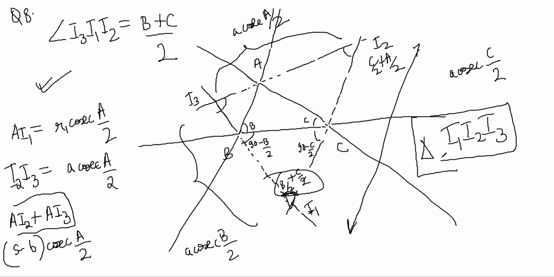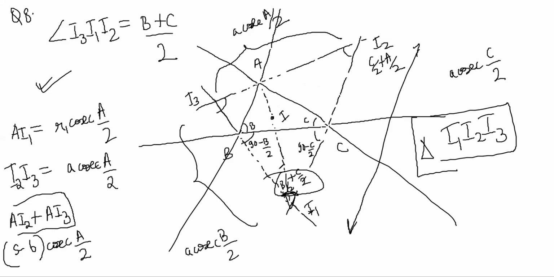Now the next one, the ninth one, is I1 square plus I2 I3 square. I1 also he has asked you to find. This was one question. I1 came as AI1 minus AI, right? So you can try the ninth one on your own now. The ninth one you can do yourself. Let's do the 10th one.